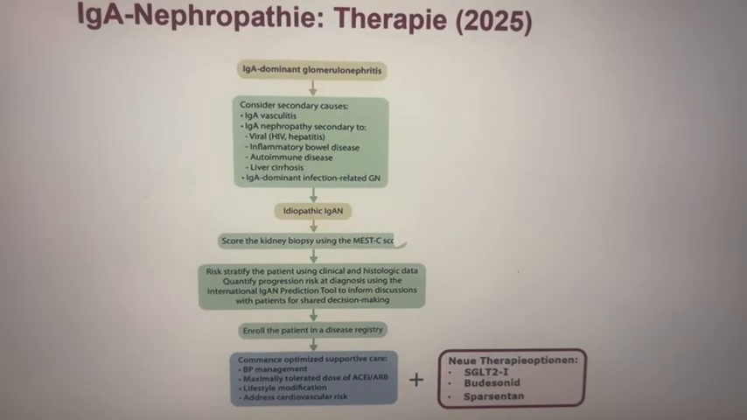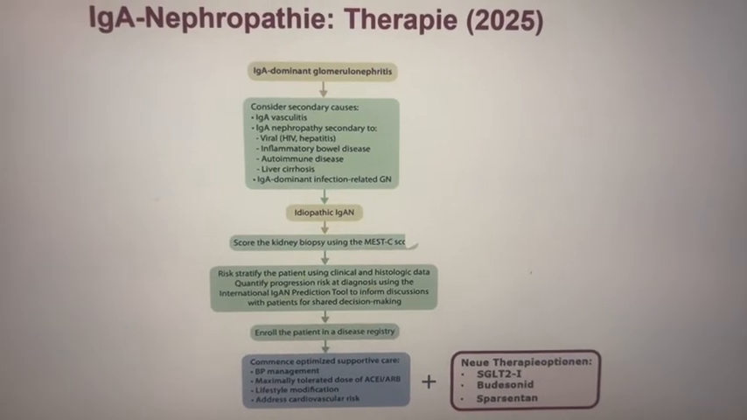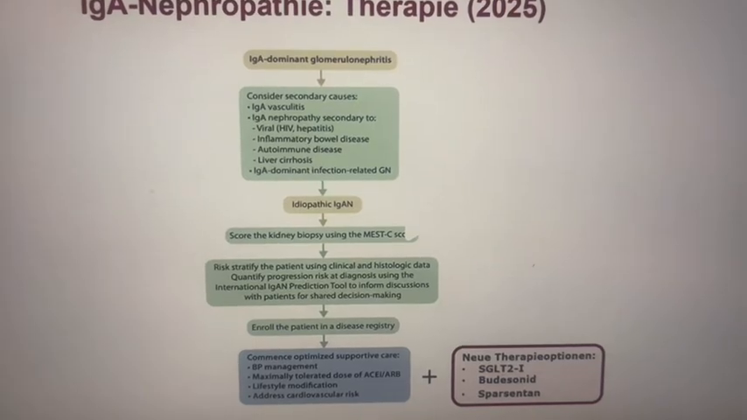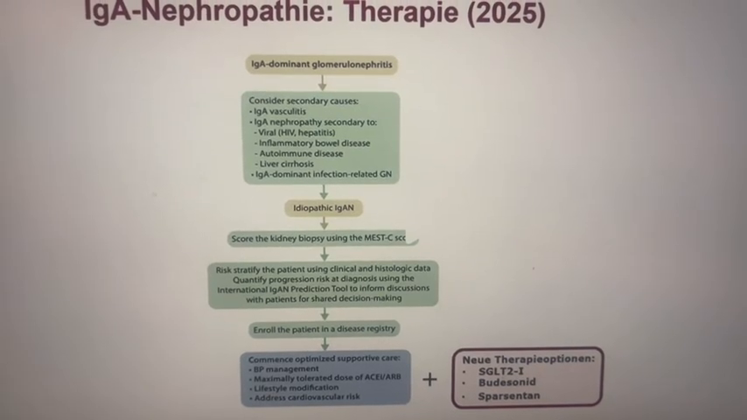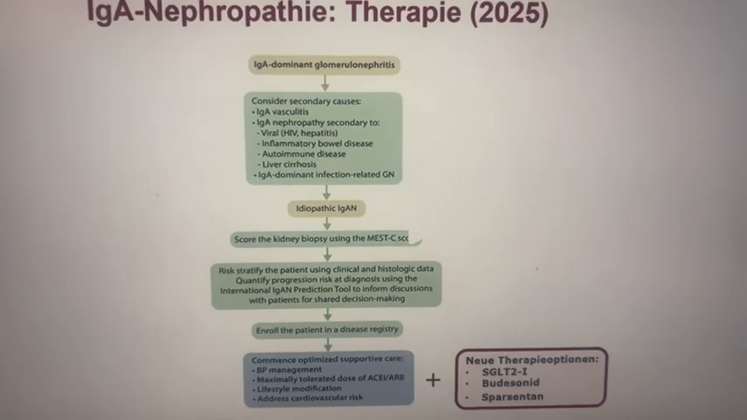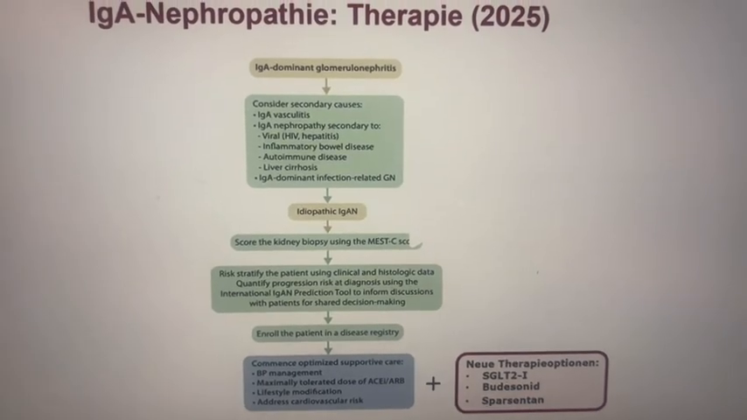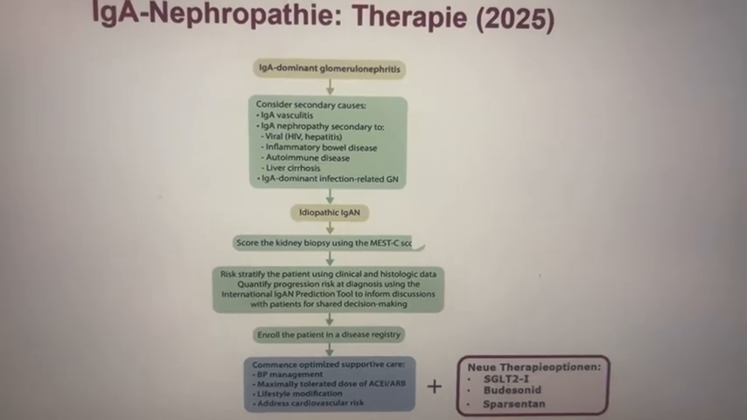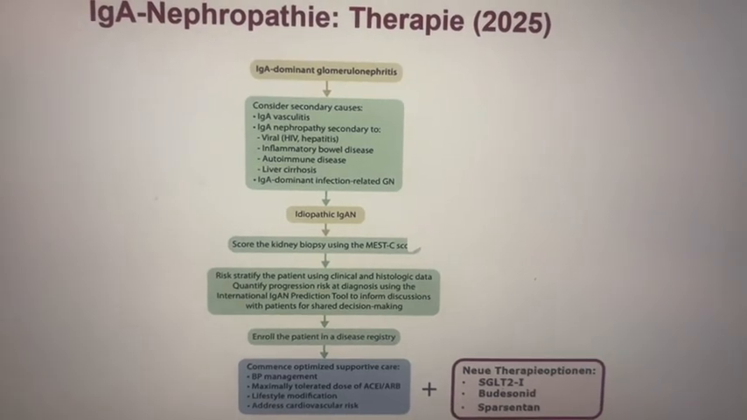And this is the summation for IgA nephropathy. It is IgA dominant glomerulonephropathy, which has a lot of secondary causes we discussed, and it can be idiopathic. The standard diagnosis is through biopsy and immunohistochemistry. And apart from that, what we have to do as therapy for the patient is blood pressure management, diabetes control, and SGLT2 therapy is also